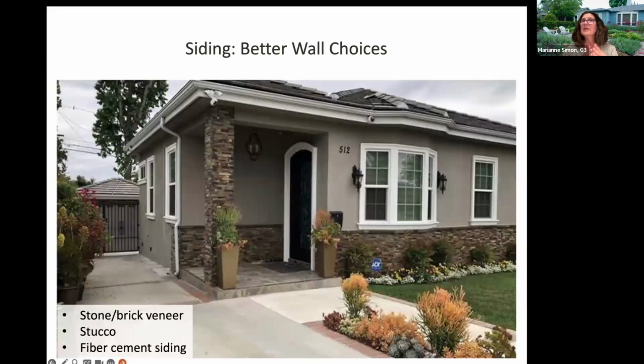Lots of options. Again, that will be a safer choice. So obviously stone or brick, stucco is also a better option. And then you've got these fiber cement siding. And again, you want to make sure that it goes all the way down to the ground, that there's no wood that is exposed below it. So basically that your entire home, from base to top, has no opportunity for those embers to make their way into the home where it will catch much more quickly.